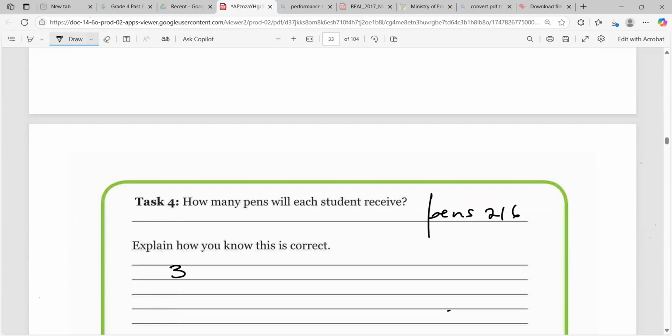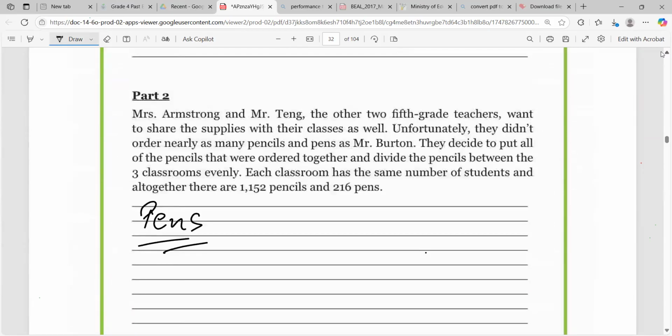3 classes, right? How many in each class? Look at what they said. That's very important, guys. The reading part of it, we have to improve on. He said, unfortunately, they didn't order nearly as many pencils and pens as Mr. Burton. They decided to put all of the pencils that were ordered together and divide the pencils between the 3 classrooms evenly. Each classroom has the same number of students,